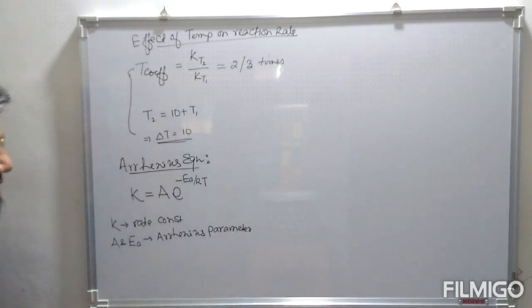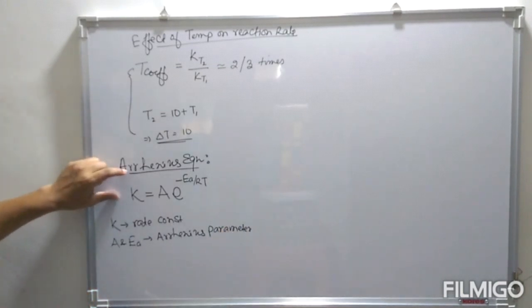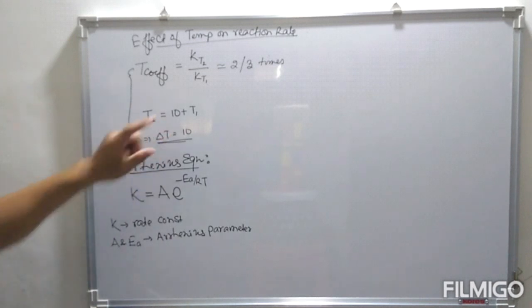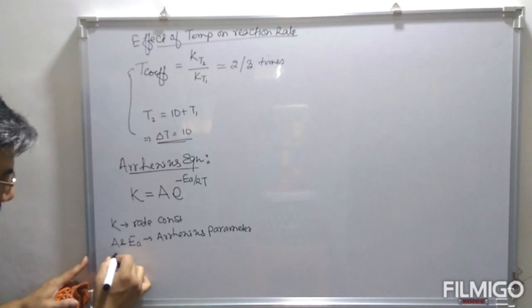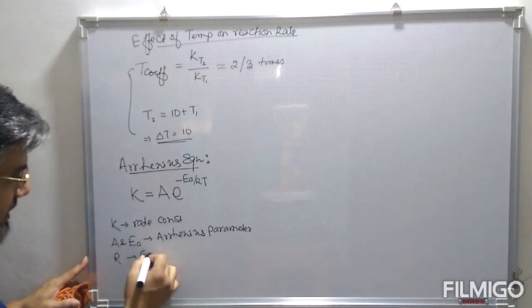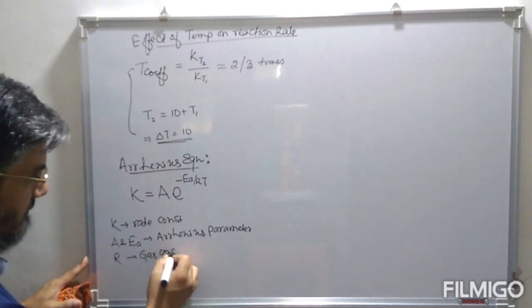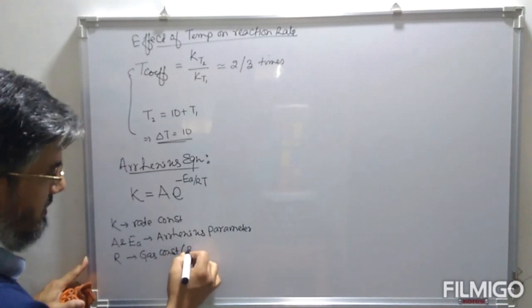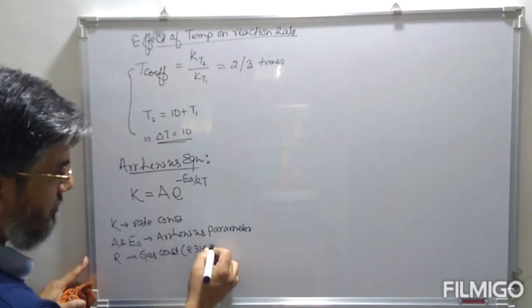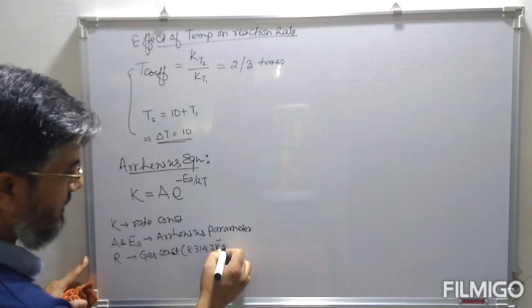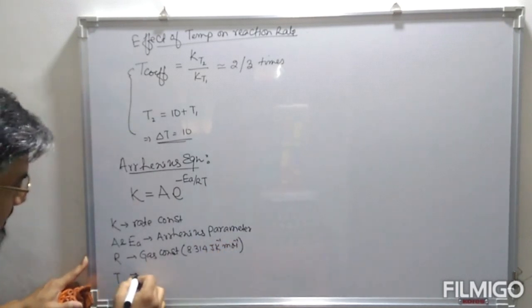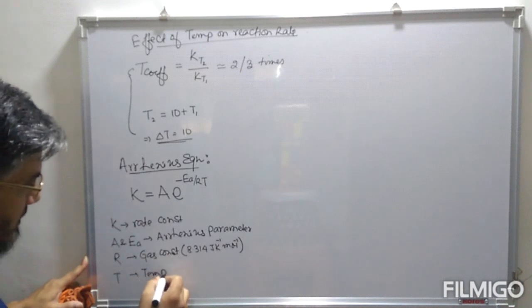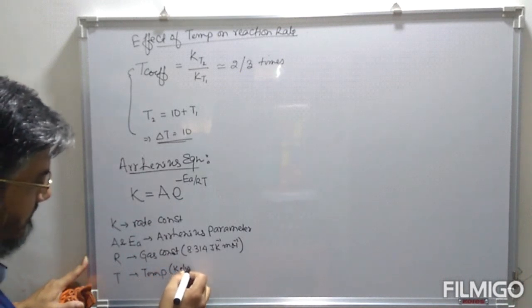Now this Arrhenius parameter is the characteristic of a given reaction. Different reactions will have different values of A and EA. This R is the gas constant, that is 8.314 joule per Kelvin per mole. T is the temperature measured in terms of Kelvin scale,